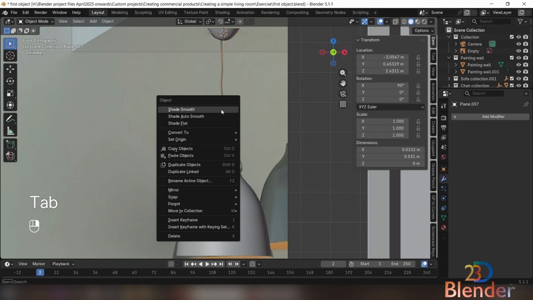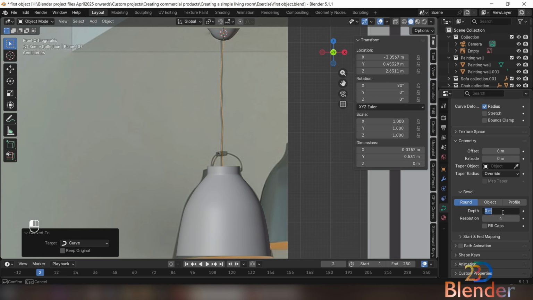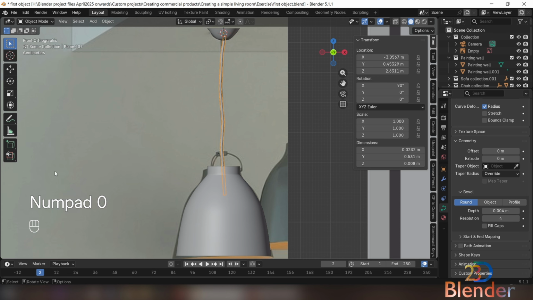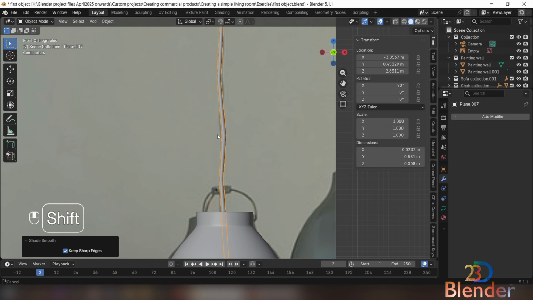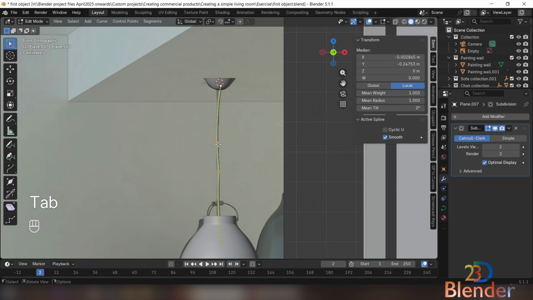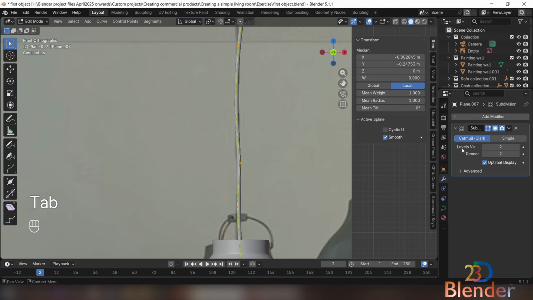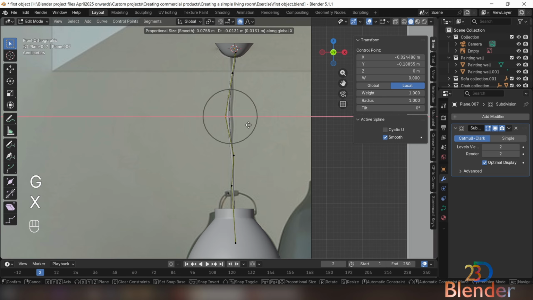And now convert it to curve again, and for depth we will give it 0.04. I think 4 would be very nice. Yeah, I don't think we need to give it a sub D modifier or anything. Let's try. Can we? Yeah, we can. But then we have another problem. It becomes too smooth. So with proportional editing on, let's select this vertex and move it on x-axis, G,